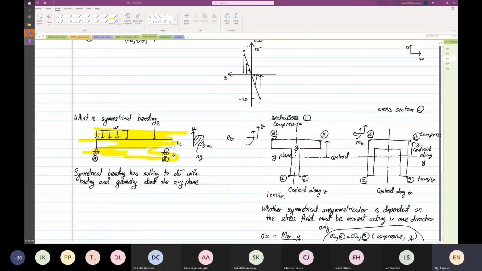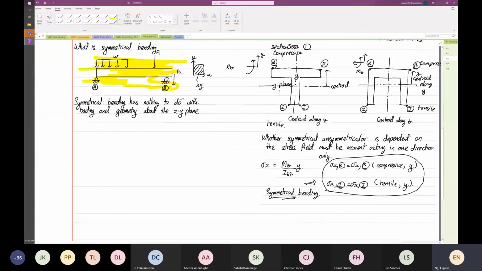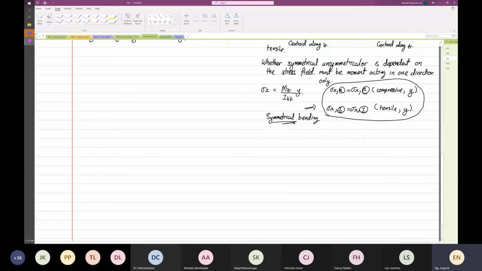Can you see where I'm circling now? Can you see where I'm highlighting now? That is what we call stress field. So when the magnitude at point stress X alpha is equal to stress X beta,